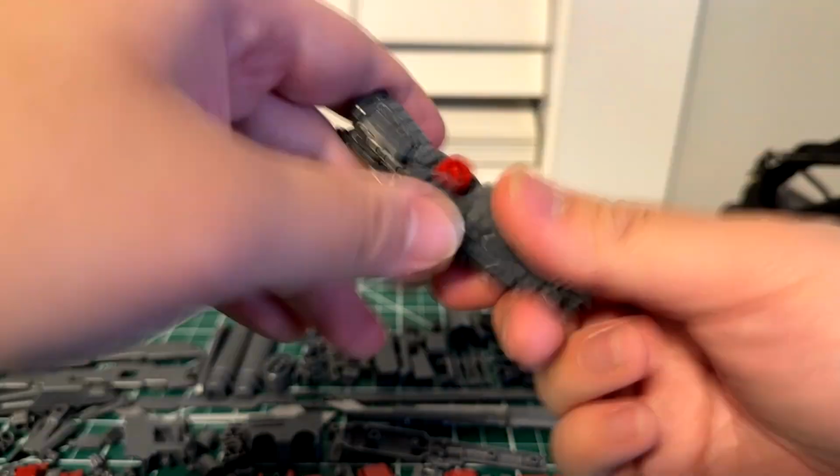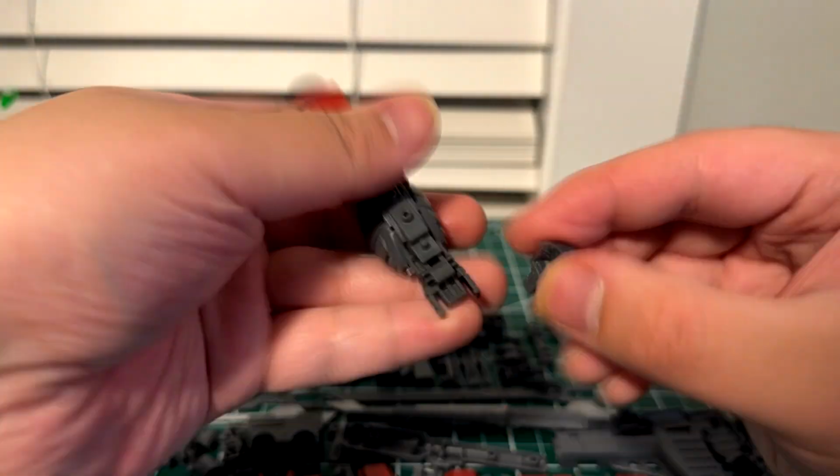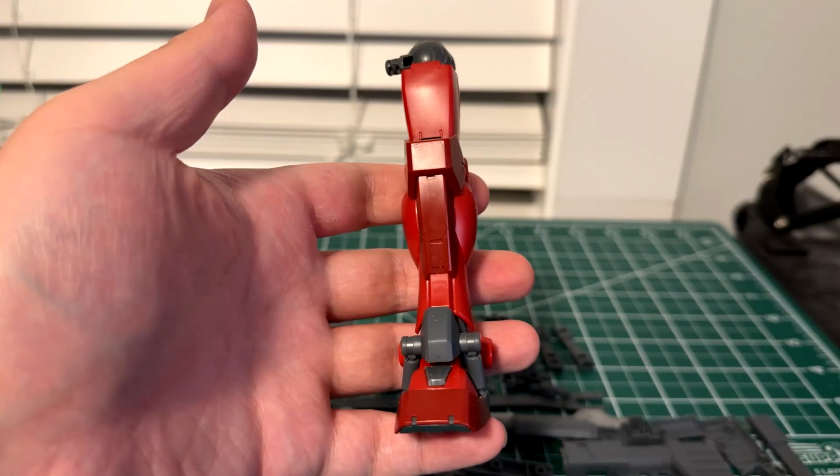But unfortunately, a lot of the weapons are going to be just two halves sandwiched together with some extra stuff in it, meaning that the majority of the weapons would normally have a pretty bad seam running down the middle, but on most of them I think it's disguised pretty well as just a panel line, so it's not that big a deal that they're two halves sandwiched together. It mostly just has them feel a little bit lower quality than what we would expect from a Master Grade,